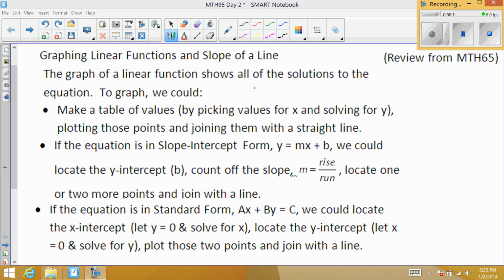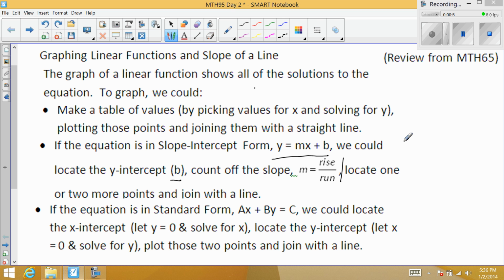So one way to make a graph is to make a table of values. Pick values for x, solve for y, plot the points, join them with a straight line. And of course, we'll need at least 2 pairs of points to draw a straight line. If the equation's in slope-intercept form, y equals mx plus b, or y equals ax plus b, we locate the y-intercept, the b value, and then starting at that b value, count off the slope being the rise over the run, and then we can locate 1 or 2 more points, and again join them with a